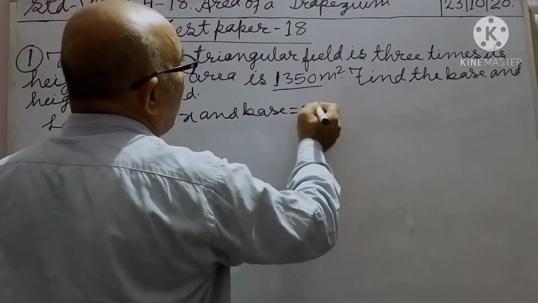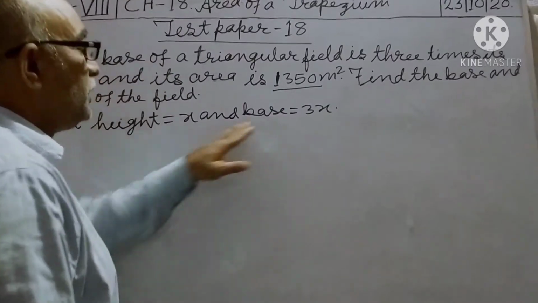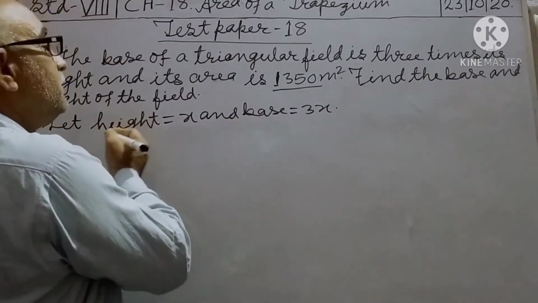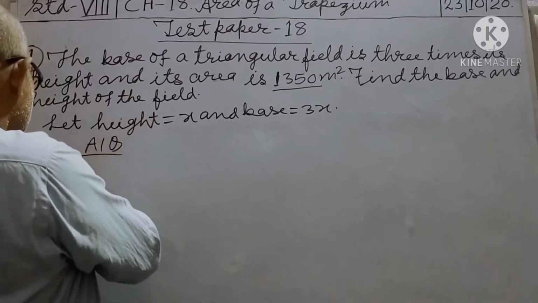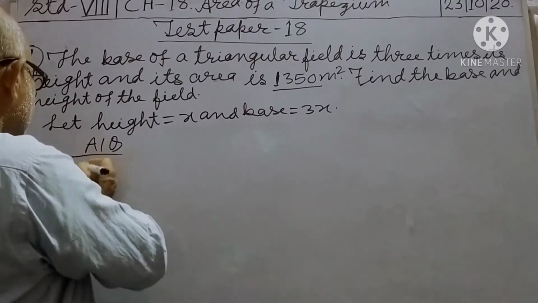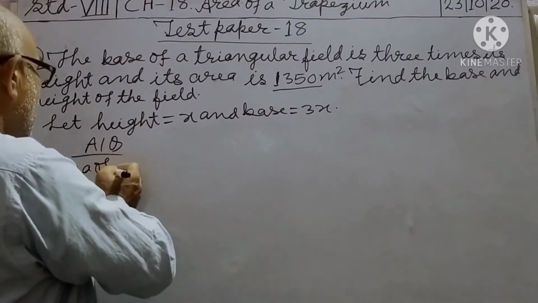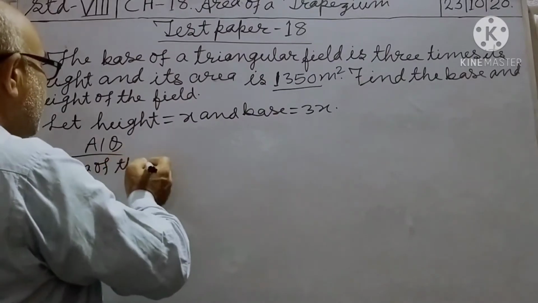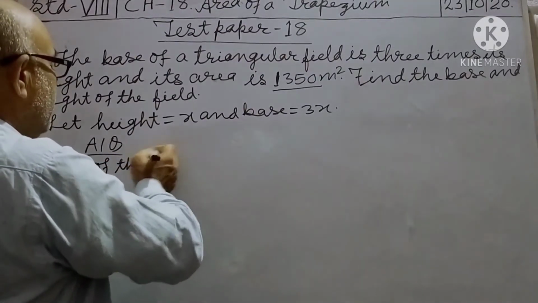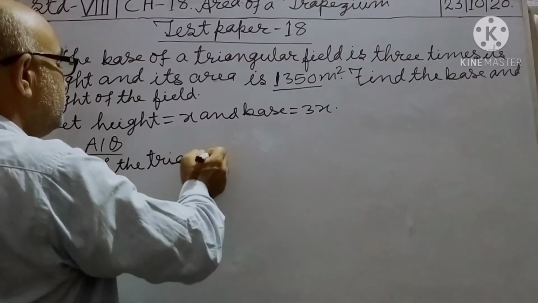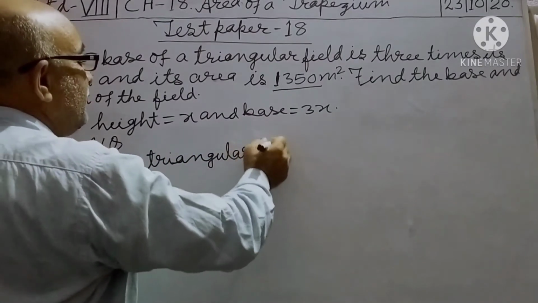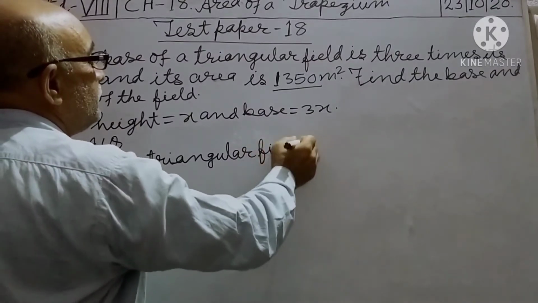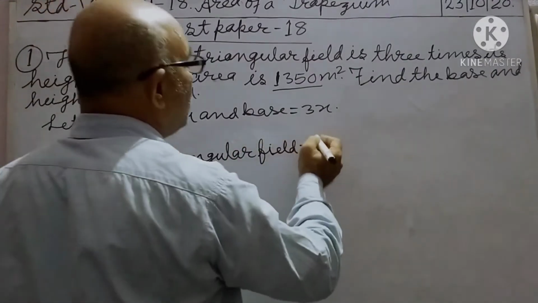Height equal to x and base equal to 3x. According to the question, area of the triangular field equal to